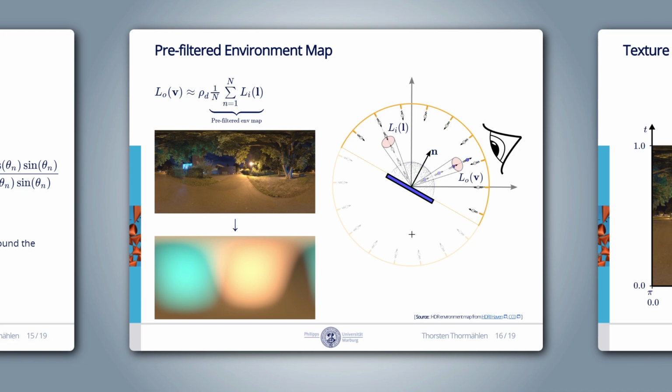So we are going to write two OpenGL GLSL shaders now. The first shader computes the pre-filtered environment map. The second shader performs the image-based lighting of a mesh with a Lambertian diffuse BRDF. It reads the value from the pre-filtered environment map at the location of the surface normal and multiplies it with the surface albedo ρd.